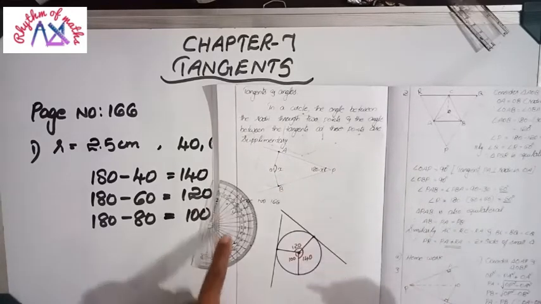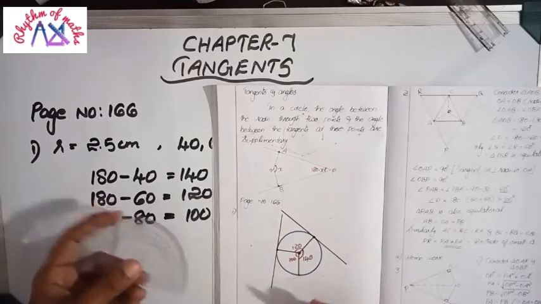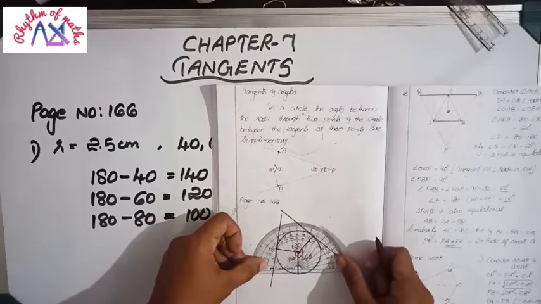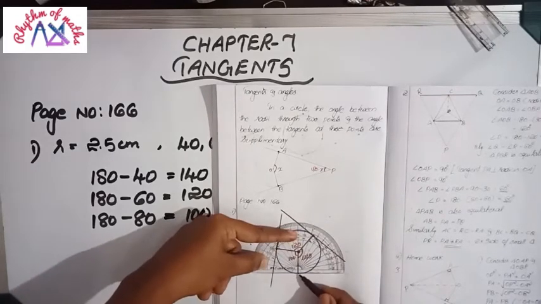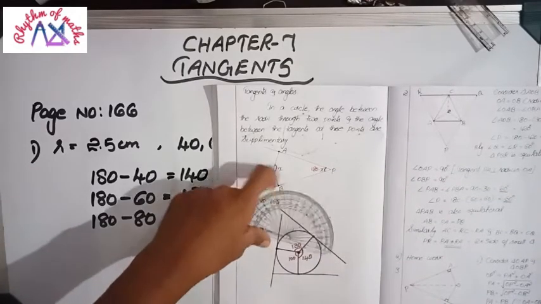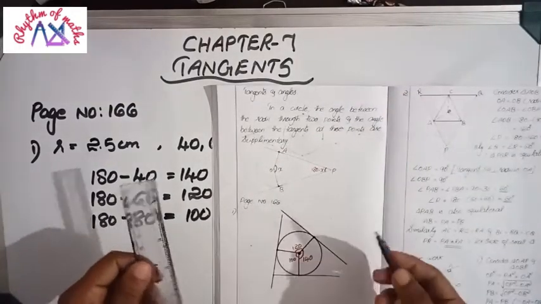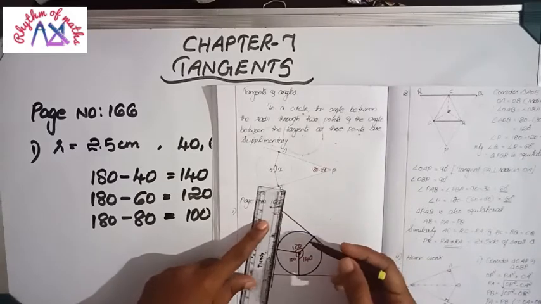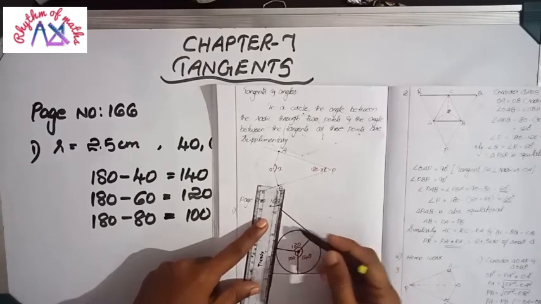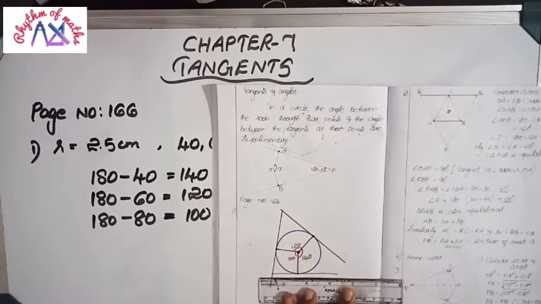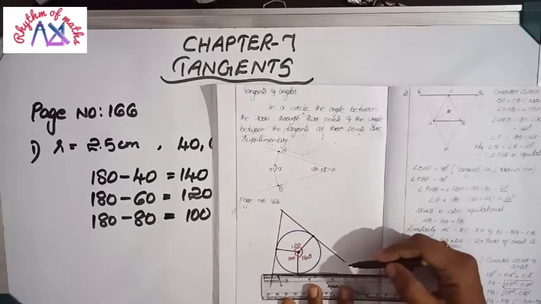Similarly through the third point also. Keep the protractor like this. The perpendicular line and the radius must be in the same position and only the point must be visible. Then draw the next tangent. Now here we need a triangle. Triangle means all three sides must join together. So just join like this. Then here also you have to extend this line, then only these two will join.